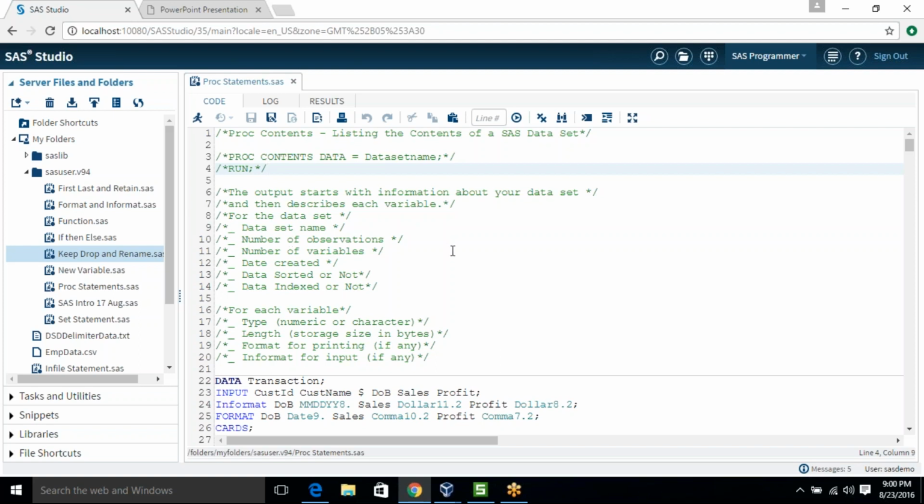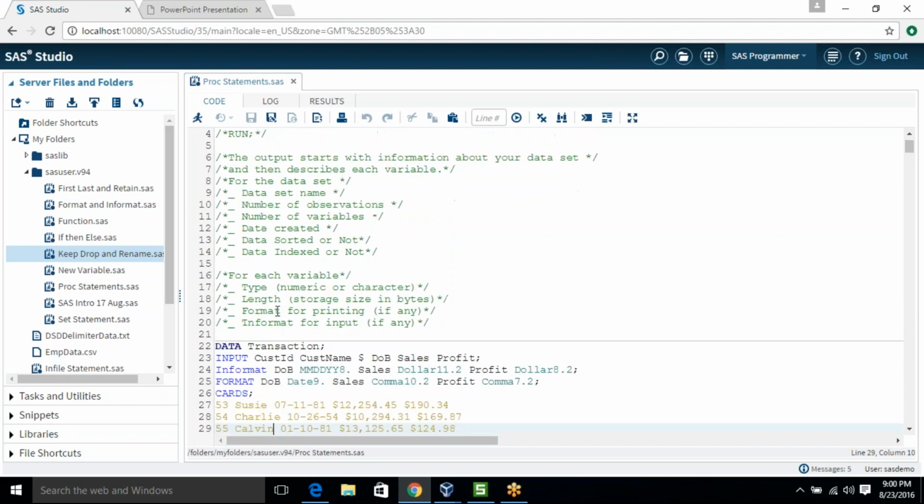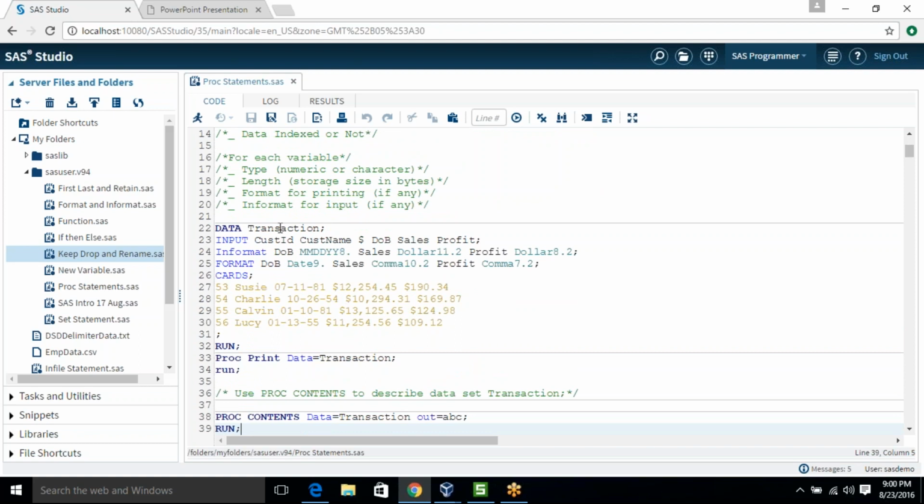So all the properties of your data set plus your variables you can see in one shot. Here I created a data set called transaction, which has 5 variables: customer ID, customer name (the dollar sign here means it is a character variable),